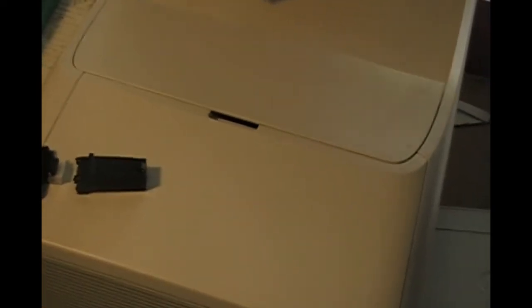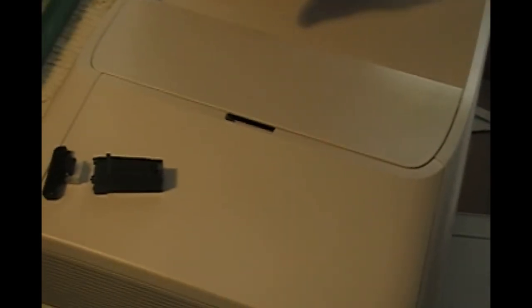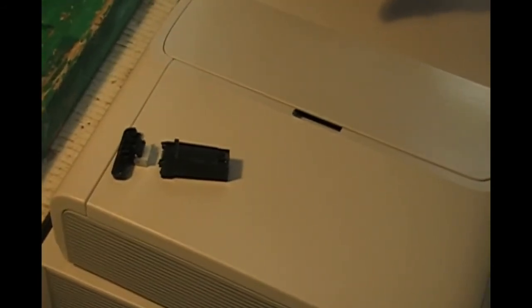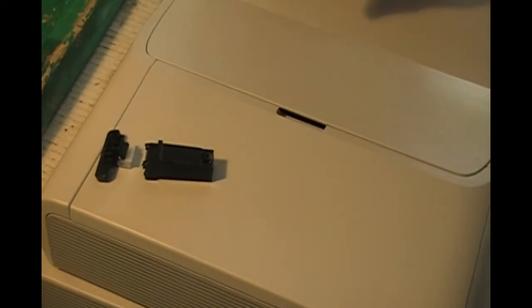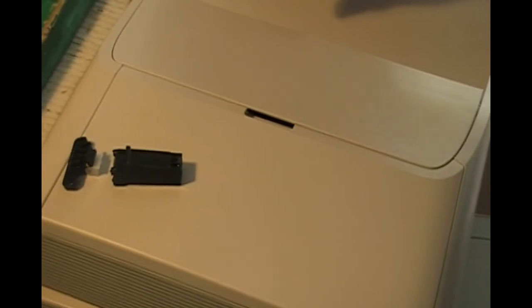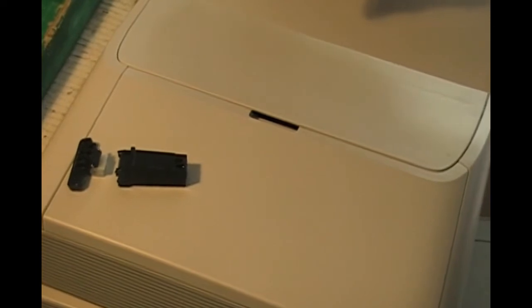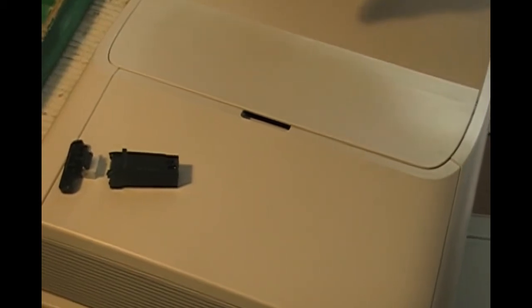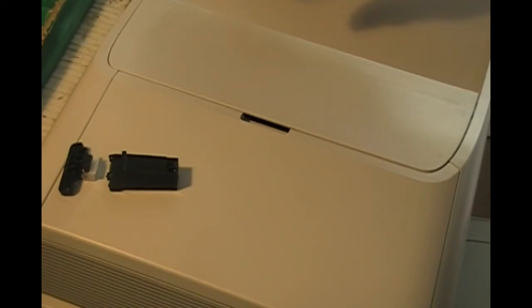The first thing I decided to do was try to find some videos on how to replace this hinge, and I only found some videos that would show how to disassemble the whole printer, combination printer scanner assembly, which is not really what I wanted to do. So I decided to experiment and try to pull it out without the whole disassembly. So the first thing I decided I had to do was to put in some support blocks